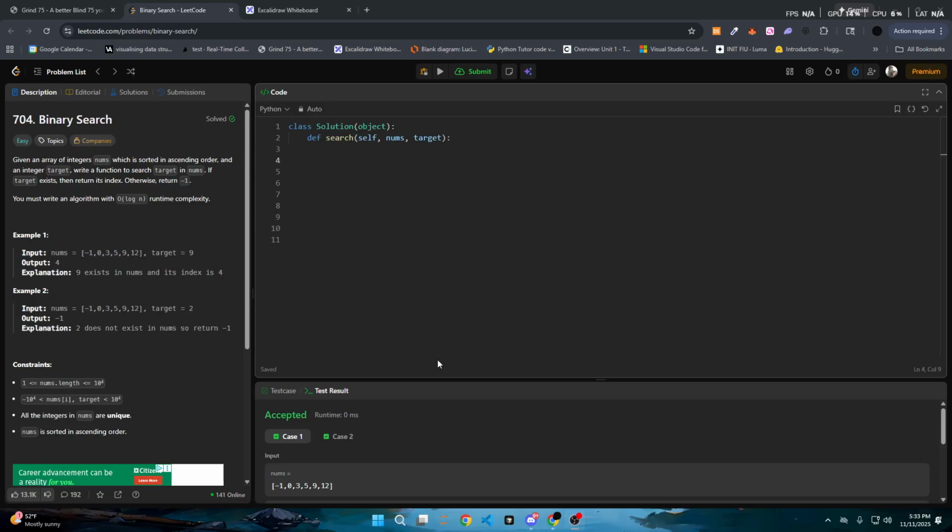Okay, so we're going to be doing question 704, binary search, for LeetCode. This question is implementing the technique binary search. So you maybe ask yourself, what is that, right? So binary search